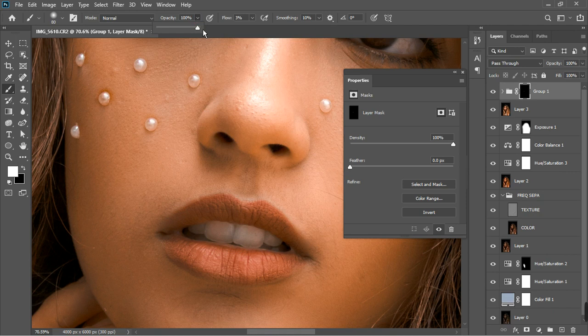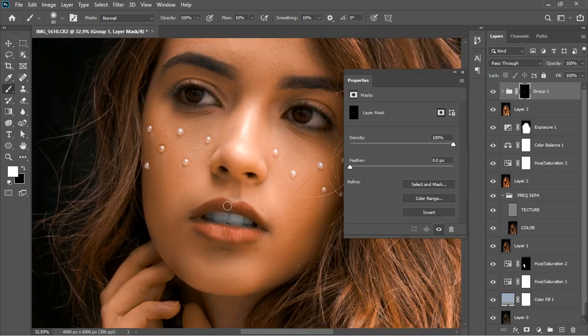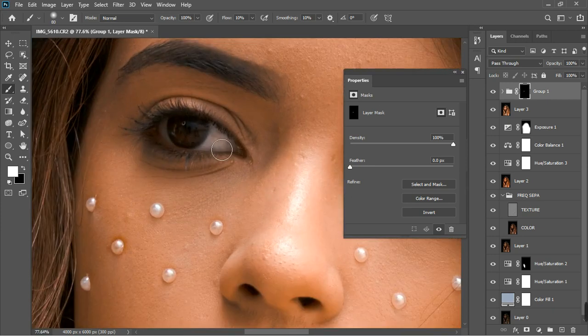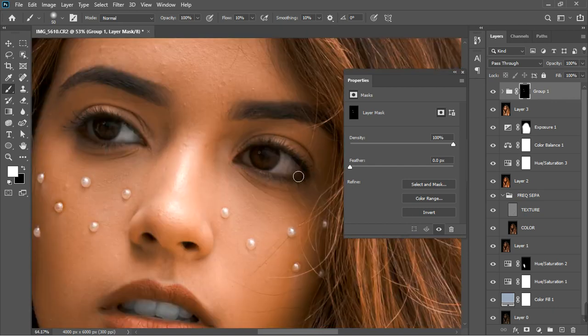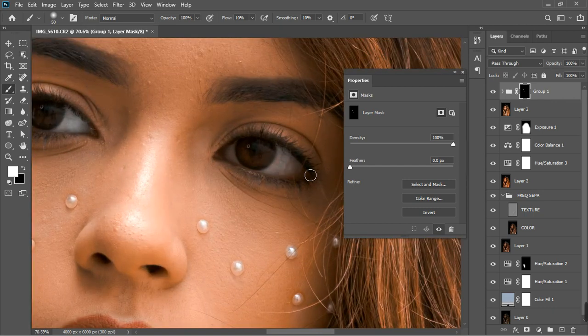And let's see, I'm going to increase the flow to like 10, and then I'm going to paint over the lips to have it white, just like that. You can take your time and do that. And also the eyes, I'm just gonna do that as well, make it smaller and fix this place too, something like that. I'm gonna take this place and then I'm gonna fix it as well,